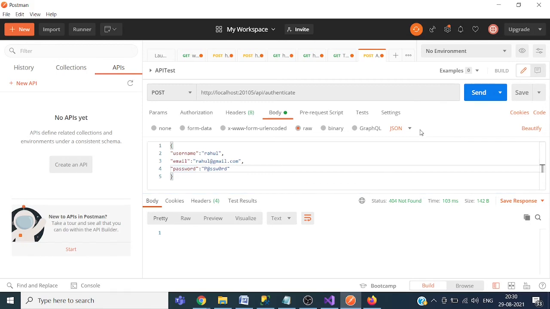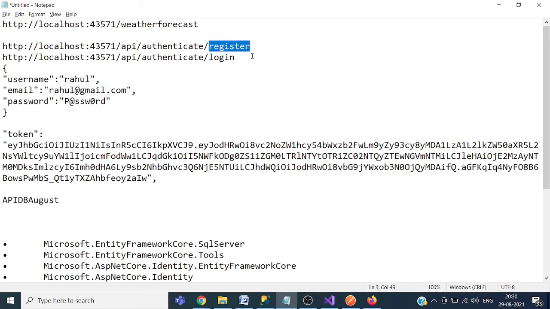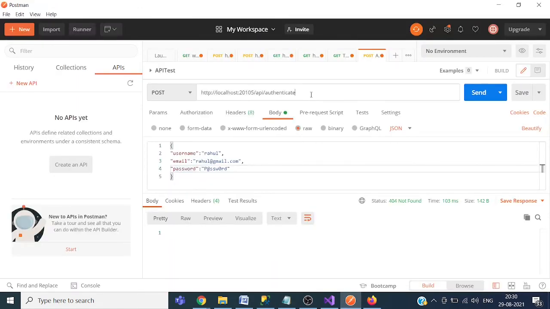So there is some problem in the URL. Okay, we need to use this action name as well. Register.